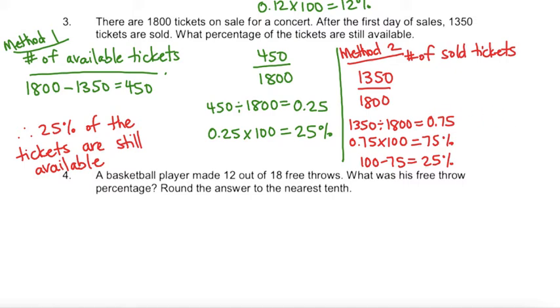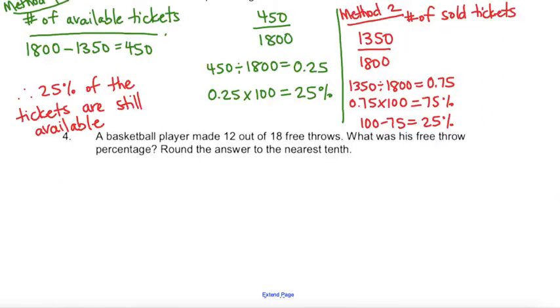And lastly, number 4, a basketball player made 12 out of 18 free throws. What was his free throw percentage? And we want to round the answer to the nearest tenth, so that's 1 decimal place. So I'm going to write this as a fraction, so the number of free throws made out of 18 free throws in total. I'm going to change that into a decimal number first. So 12 divided by 18 is